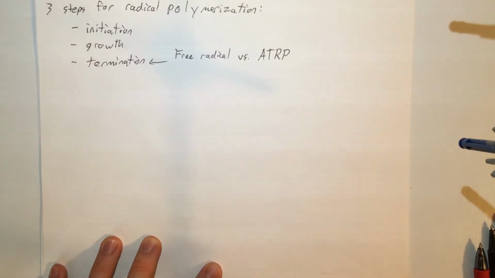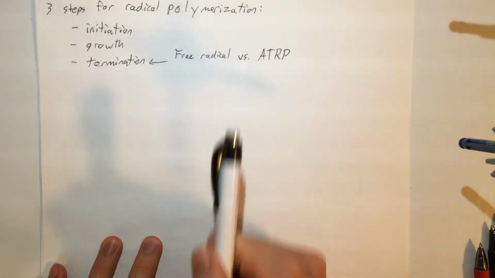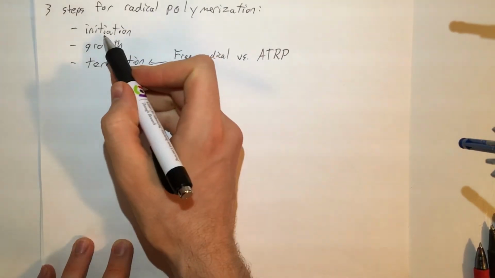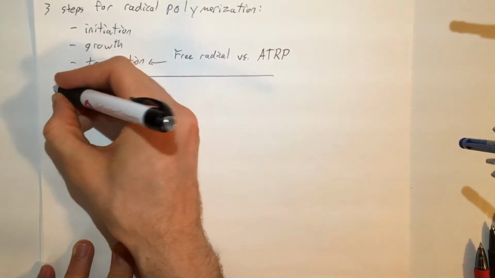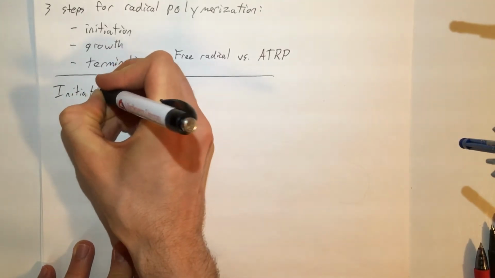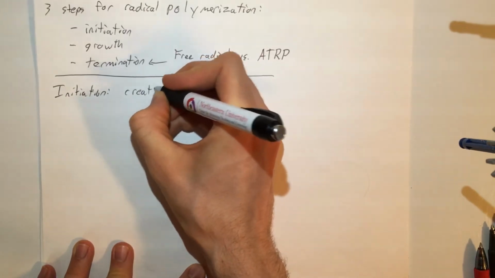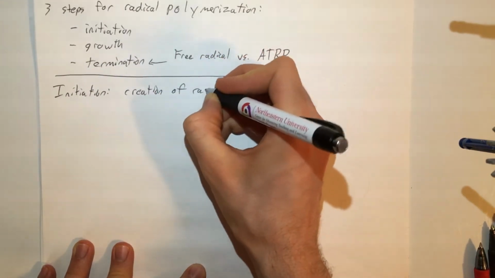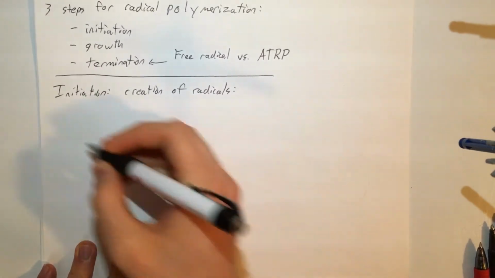Okay, so let's start at the beginning, right? We'll talk about the first step of radical polymerization. We'll talk about initiation. So how do we initiate radical polymerization? Well, we create radicals. So this first step is initiation or creation of radicals. And there are many chemicals or processes to create radicals, and we'll talk about just one of them now, one such chemical process,